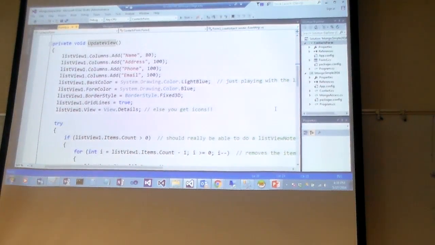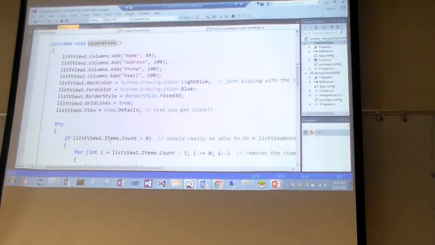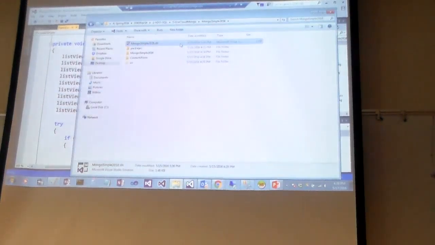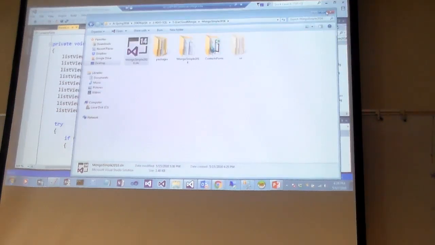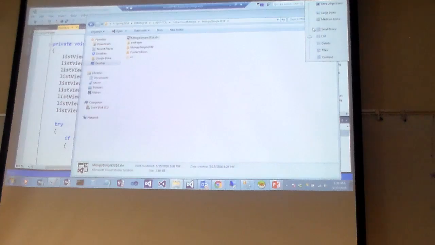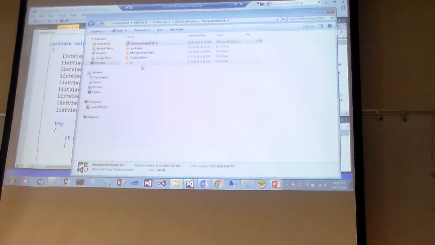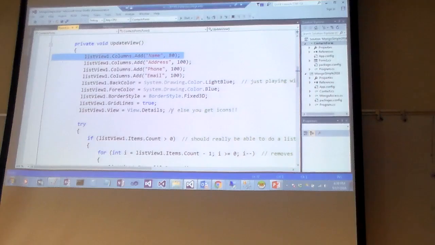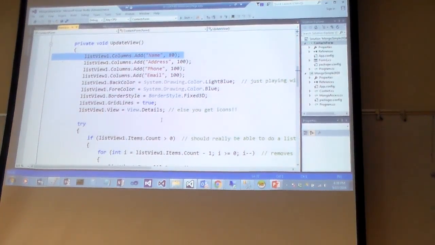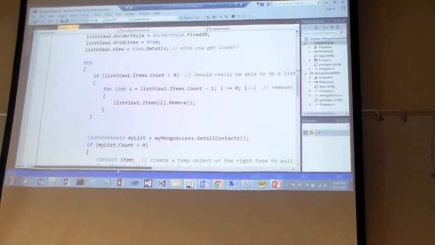Because this is using the same code when I do this. If I go up here, I can say large icons or list. It's using exactly the same. So I want details. Okay, that's what I wanted to display. If you don't have this slide in, it tries to do little icons that don't work. All right, so that's what that line is. Okay, so then